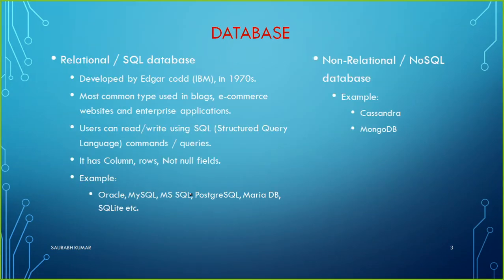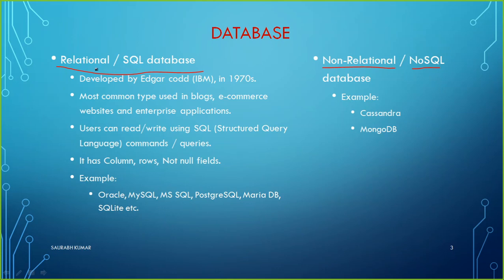First I will start with the introduction of database. What is a database? What are the types of database? We all know a database is something where you keep your data, but it can be of two types. One is the relational database, which we also call a SQL database, where we have SQL, and another category is the non-relational type of database, which we call NoSQL. So we can have a relational type of database and a non-relational type of database.